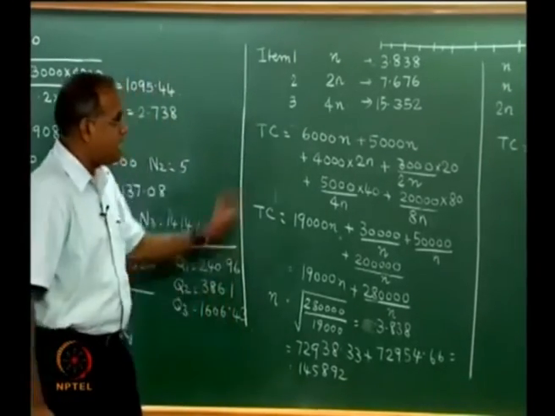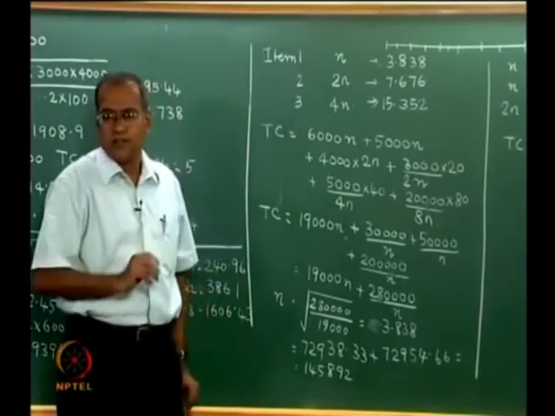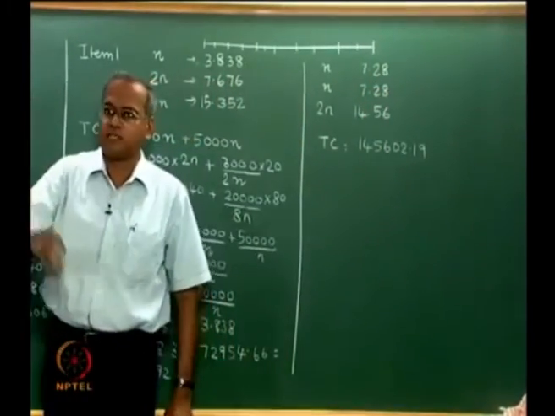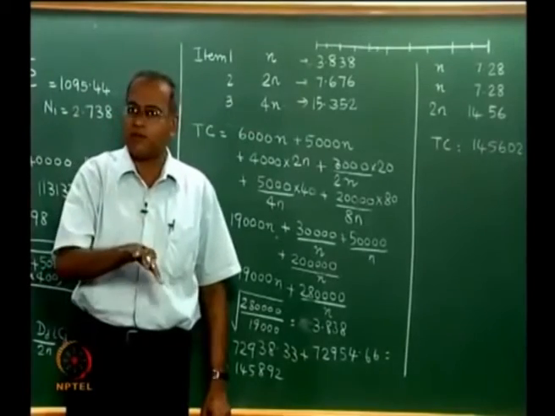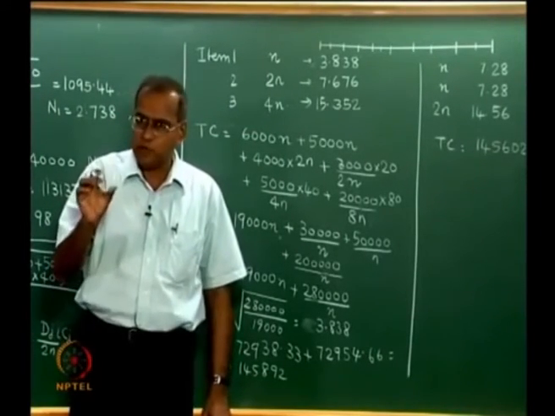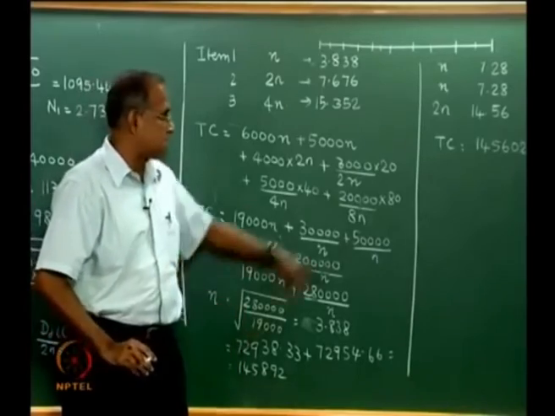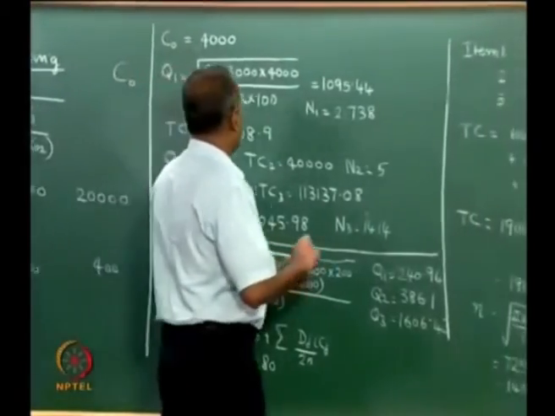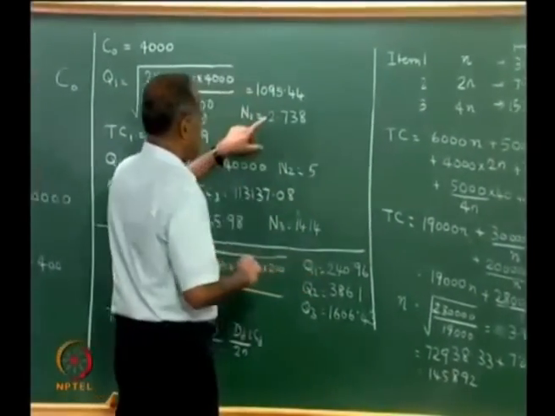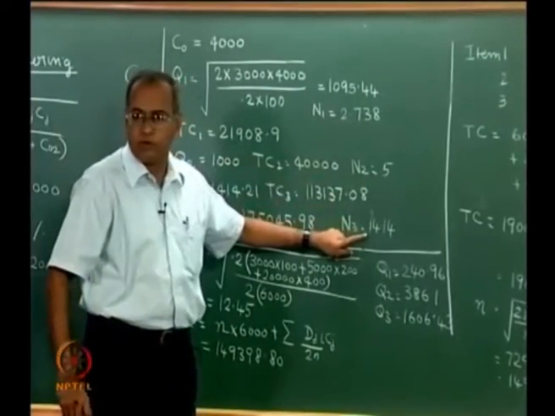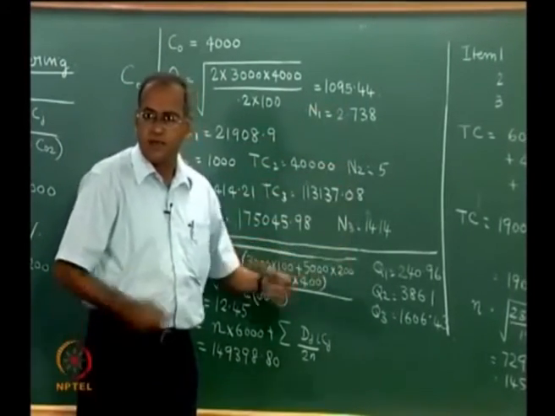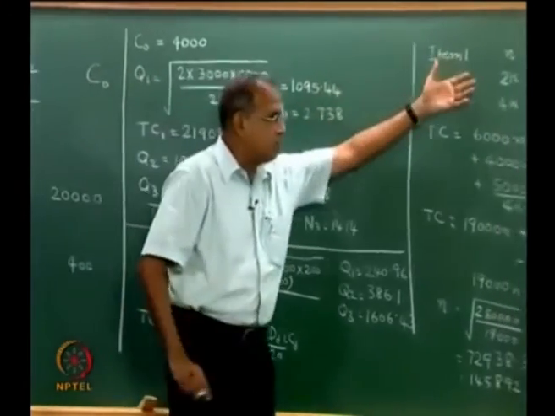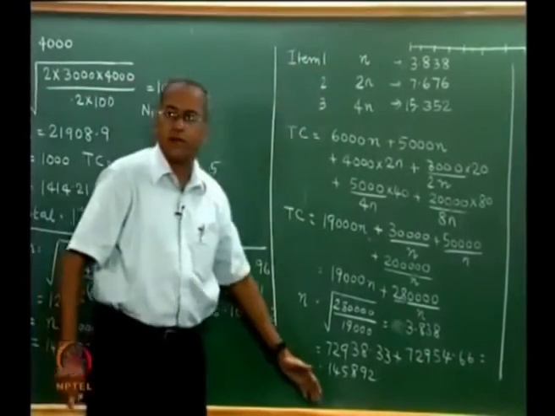But there are intelligent ways of trying to find out the ratios. We define something called Mj, where M1, M2 and M3 are the number of orders per year as a multiple of n, and then we can try and optimize that M to a limited extent and optimize this cost further. But many times a very commonsensical approach of trying to find out these values, for example this 2.7385 and 14.14, the simple ratio of these three rounded to the nearest integer and integral multiple like 1, 2 and 4 invariably gives a very good answer.